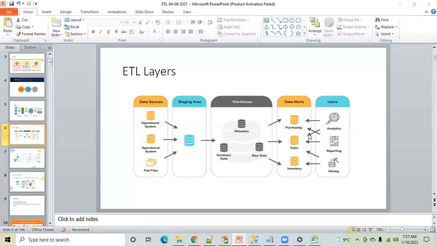Okay, then what does this cross arrow mean? It means you may have to analyze something from different data marts together. Correct. Sometimes you have to get data from different data marts, from sales and purchase. It is not always that you look for data from one particular data mart. Sometimes you have to mix it.